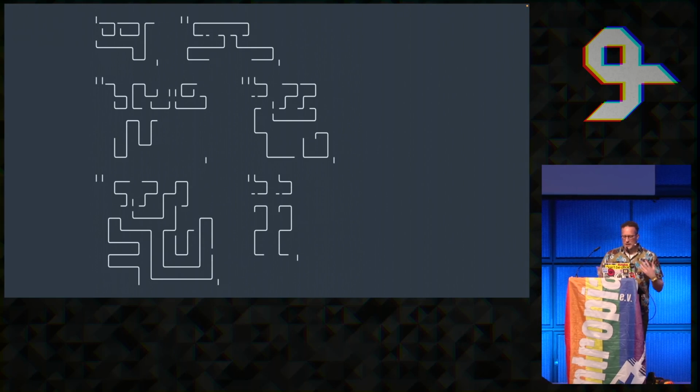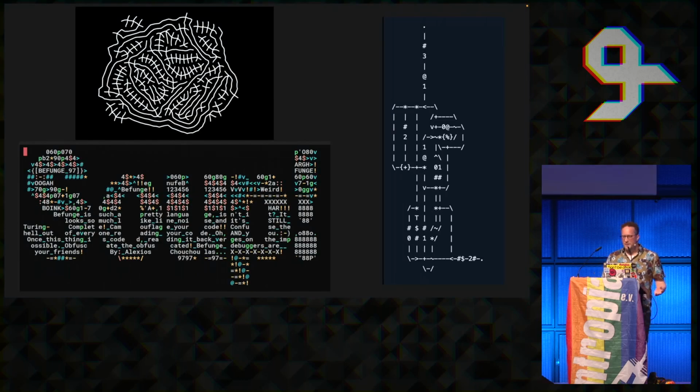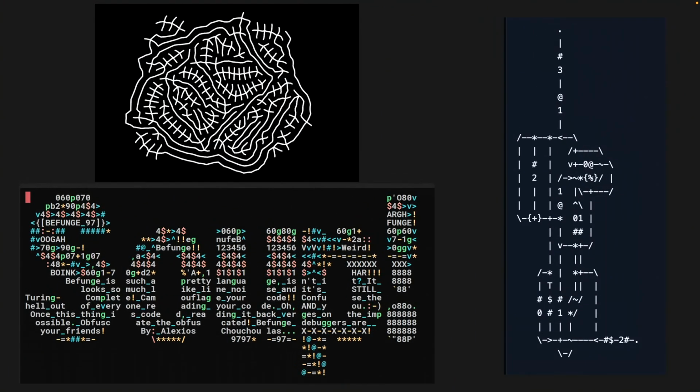So, the right way to really think of Rivulet is in the tradition of other 2D esoteric languages. Some familiar ones might be ASCII Dots, which is a pictographic language that simulates circuits. At the bottom is Befunge, which is one of the super old school languages from 1993, which, like ASCII Dots, has an instruction pointer, but instead of flowing along a circuit, it moves back and forth through the text of code.